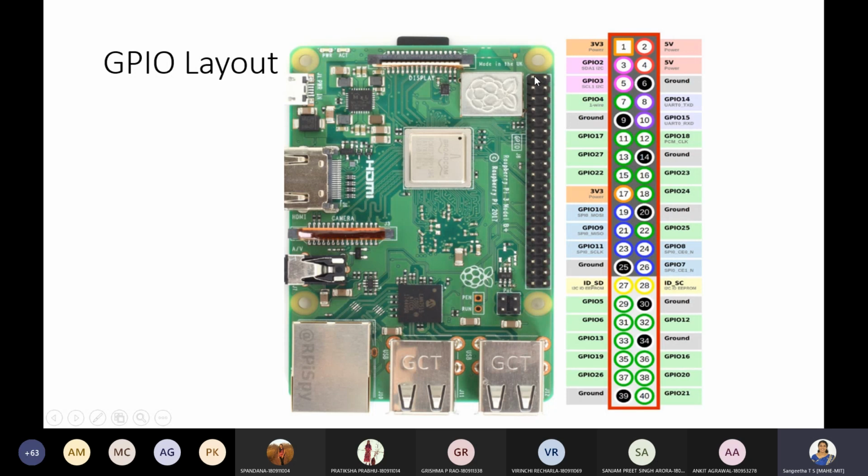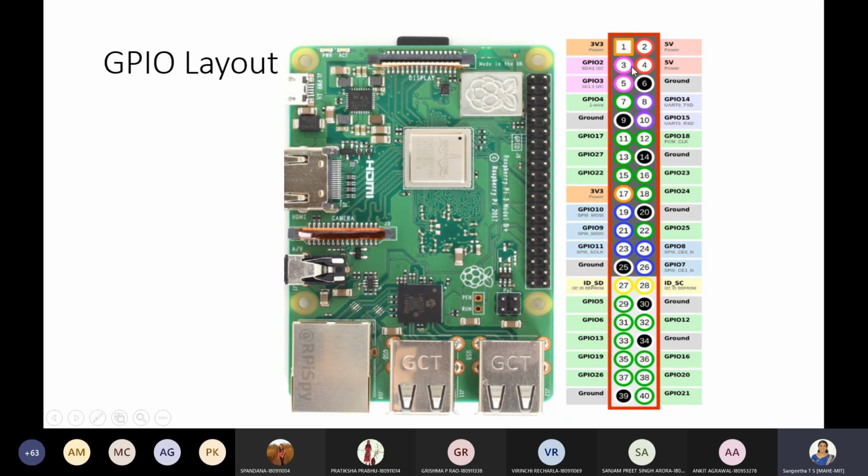Basically, the first pin shown here is put in a square shape, and that is pin number 1, and the second pin shown here is in a circle, which is pin number 2. Basically, these are the power pins, low power and high power pins.